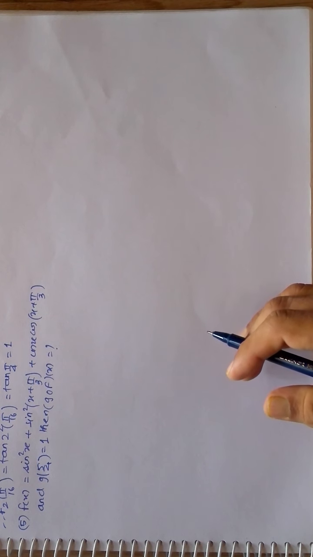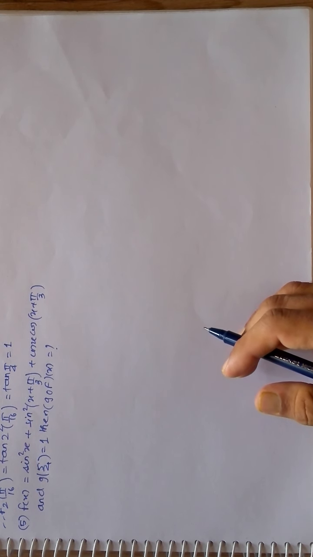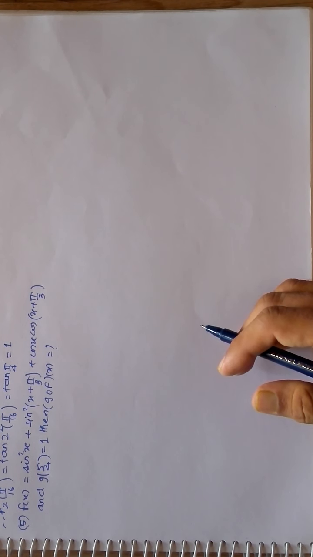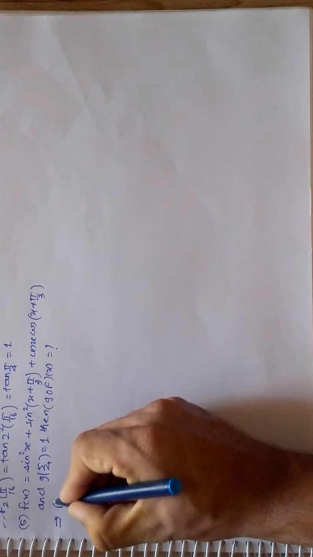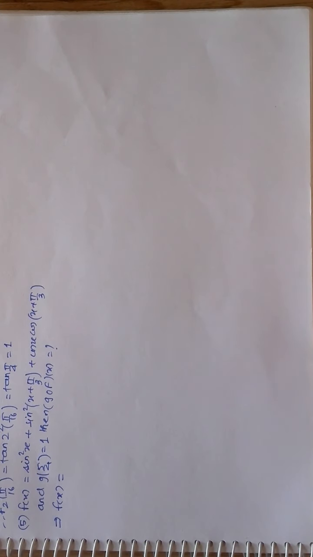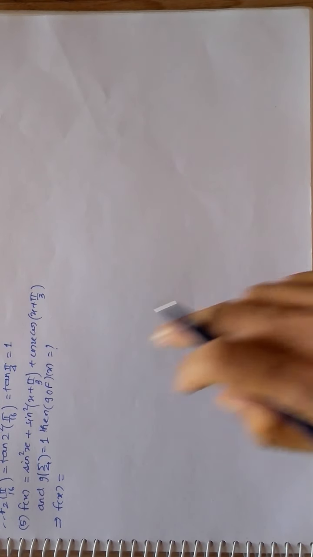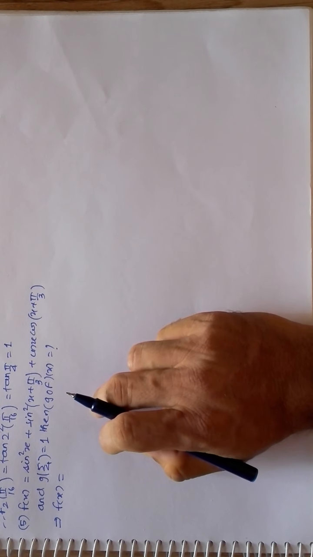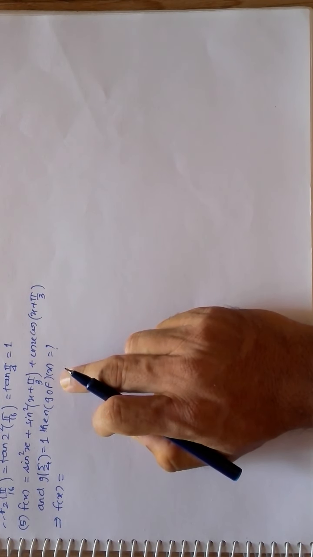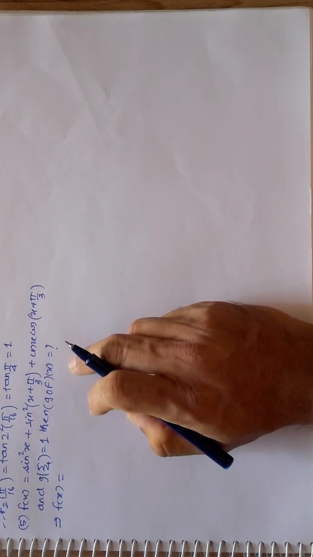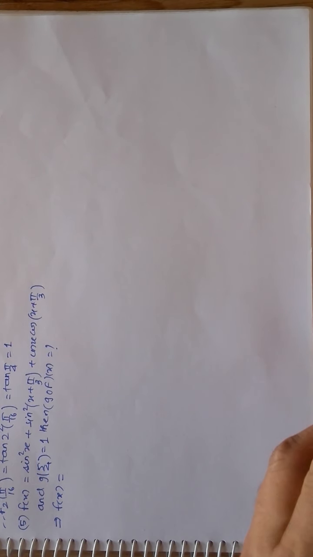Now come to the next question. Let me read it for you. Function of x is defined as sin square x plus sin square (x plus pi by 3) plus cos x into cos (x plus pi by 3). So first of all, the function of x which is defined, I will just solve it first and then see what is g of pi by 4, why it is given as 1 and why we are expected to find the composite function of g and f. Composite function of g and f means I need to find g of f(x). So right now let me see this.